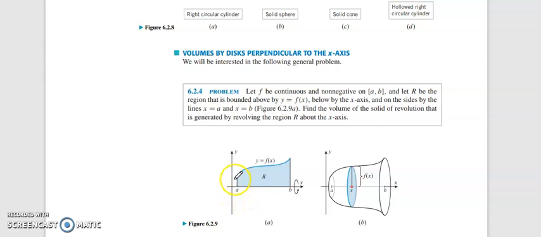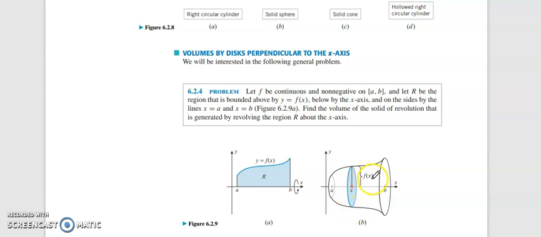You are given the x-axis as shown in the first figure. Then you have a curve y equal to f of x. So R is the region which is bounded by the lines x equal to a, x equal to b, the x-axis, and y equal to f of x. The second figure shows the solid we get when we revolve this region y equal to f of x about the x-axis. Now if we take any cross section of the solid perpendicular to the x-axis, you can see they are in the form